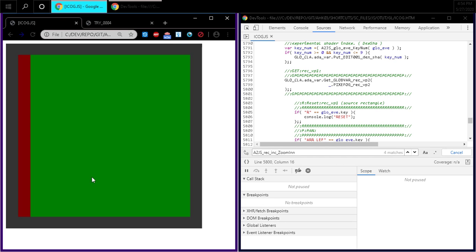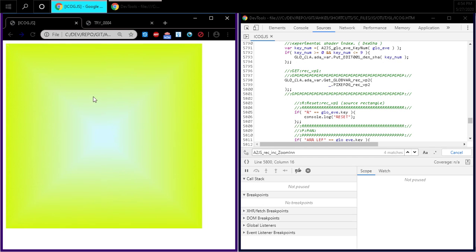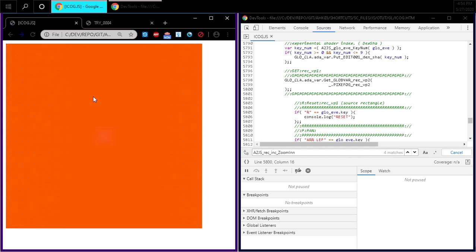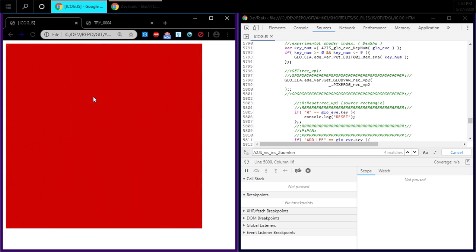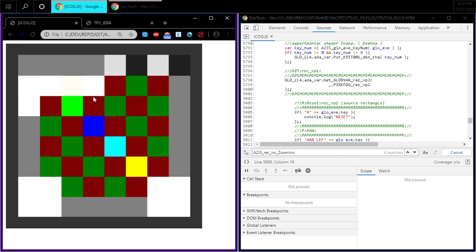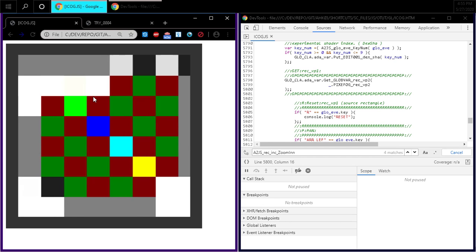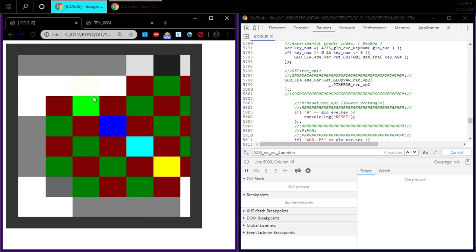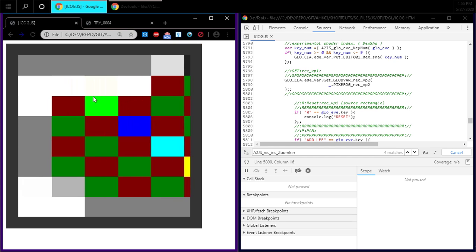Because of the way our rectangle manipulation is, let's go over to a different shader. Oh boy, let's refresh. Right now our rectangle manipulation code does not account for the bounds of things. So if we go over here, since it doesn't account for the bounds, if we go left, we're going to see some weird stuff because there is nothing over here. So when I go left, it stretches, and the reason it's stretching is because the left side of the viewport hits,